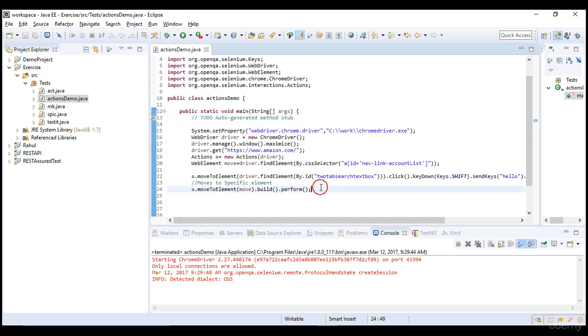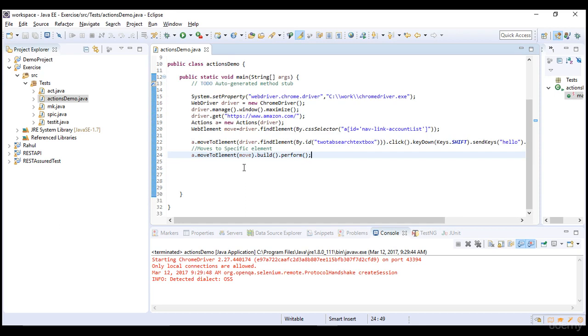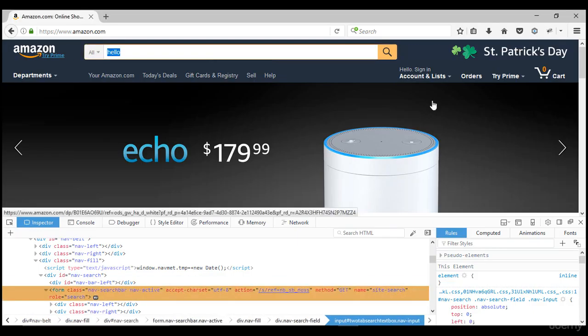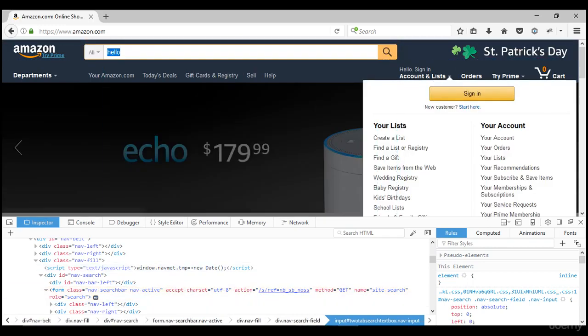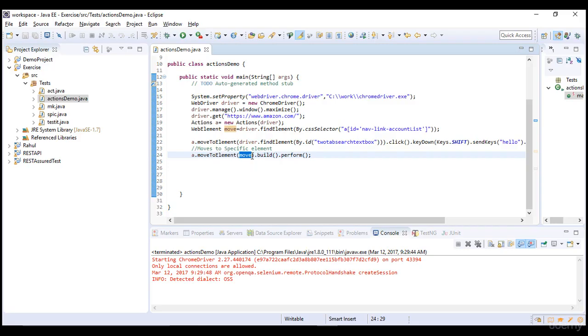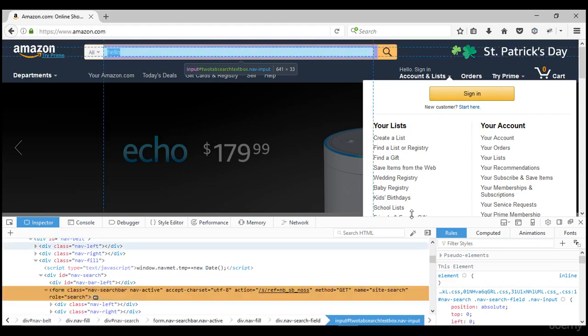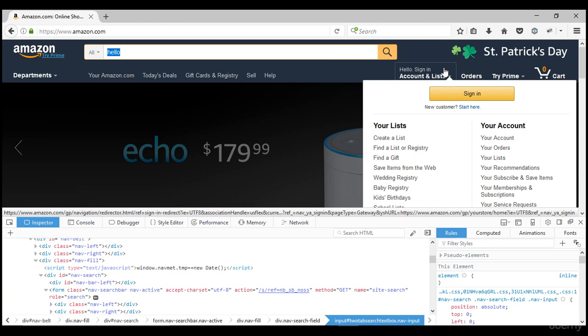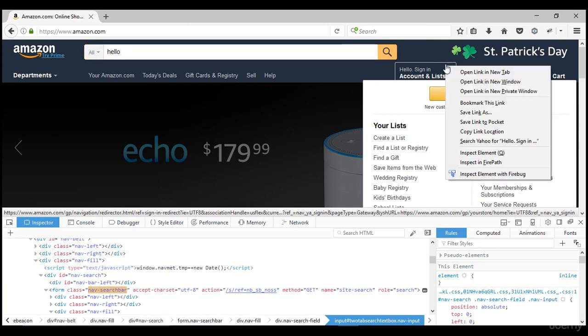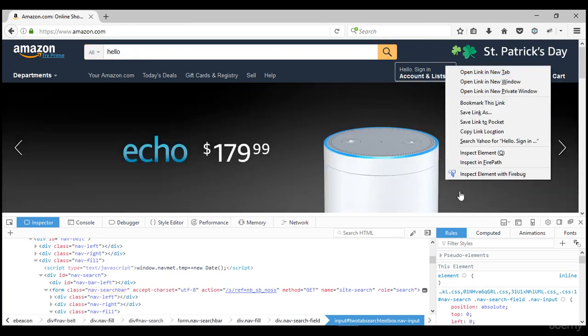Okay, so what else? Let me do one more thing here. After moving to the element move, which is here. If I want to right click on this element, let's say after moving here I want to give a right click so that this window will display.